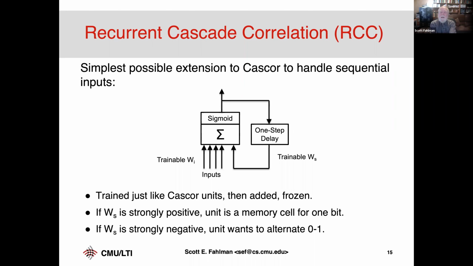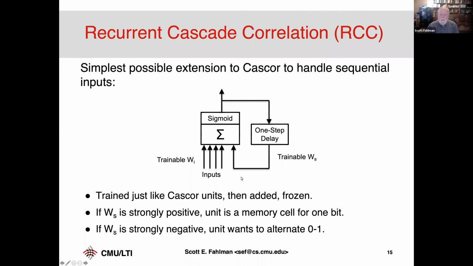So what's the simplest possible extension we could add to Cascor to handle sequential inputs? Let's focus for now on a stream of discrete inputs, not the sort of time stuff you get when you're doing speech, which is all smeary. Speech can speed up and slow down, and it's still intelligible, so you need something that would be time elastic. This is for looking at a sequence of tokens, you know, polls taken every day, or a stock market price every day, or some speech that's been pre-processed to give you a string of phonemes rather than just a raw speech signal, which has to be massaged in the time domain. So what's the simplest thing we could do?